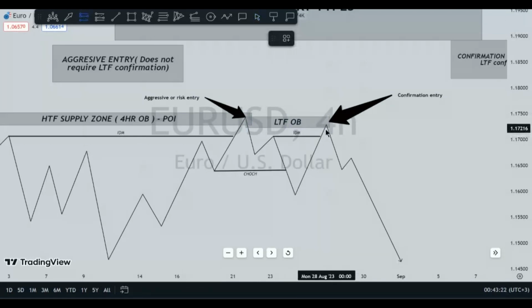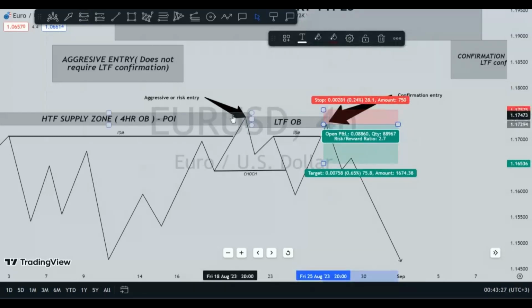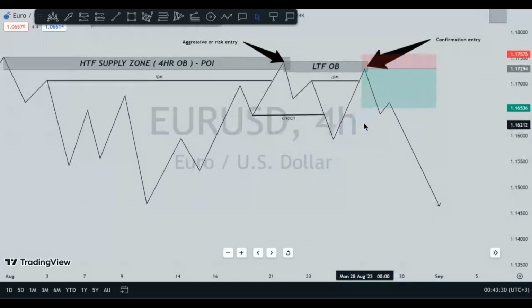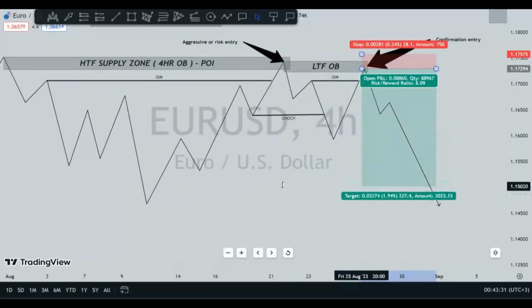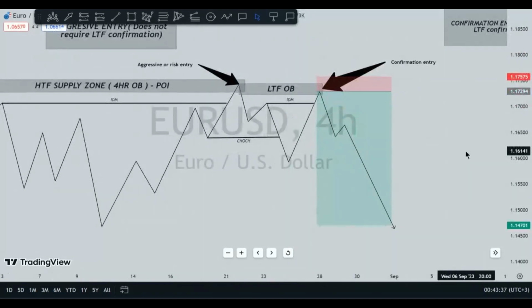Let me show you here, and then put your stop loss just above this previous high, and then you can place your take profit on this major low. So this confirmation entry, the reason why I like this entry type is because it has a good risk to reward ratio,